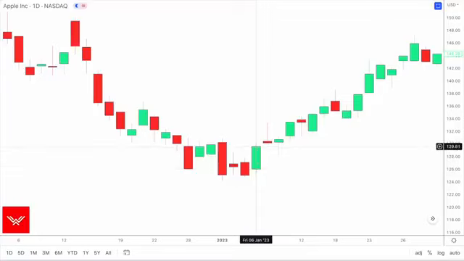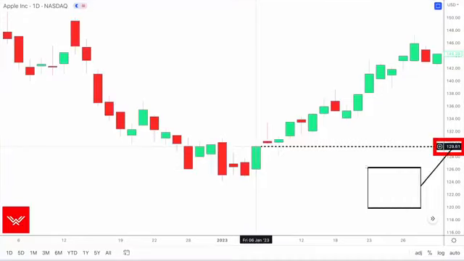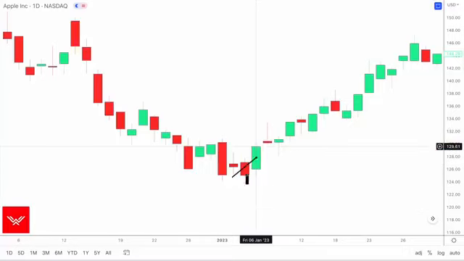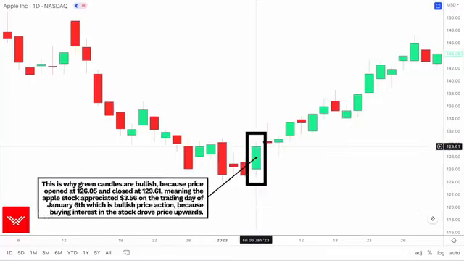Now if you want to know the closing price, place your mouse at the top of the rectangle. Look to the scale on the right and notice how it says $129.61, which means when the market closed on January 6th, the Apple stock finished trading at $129.61. This is why green candles are bullish, because price opened at